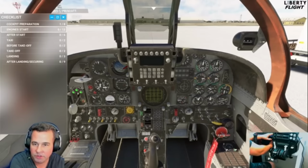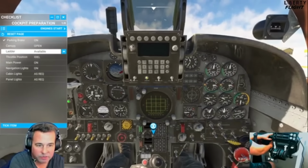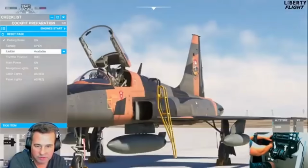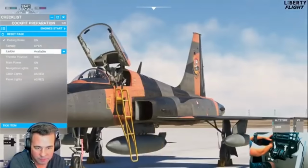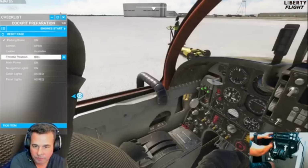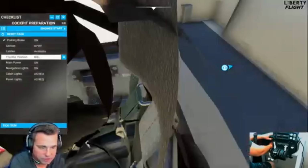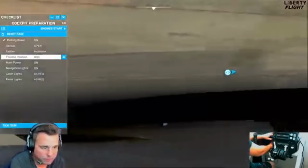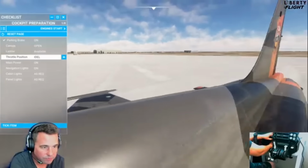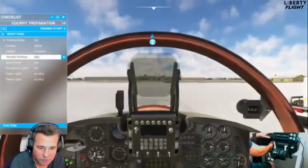Now we'll move on to what's next. Put the ladder up, right? How are we going to climb inside it? Well, we're already inside of it. There we go. A nice little ladder to climb up. Engine throttles, right? What is this? What is it pointing to? I'm not sure what it's pointing to. Okay. We'll just